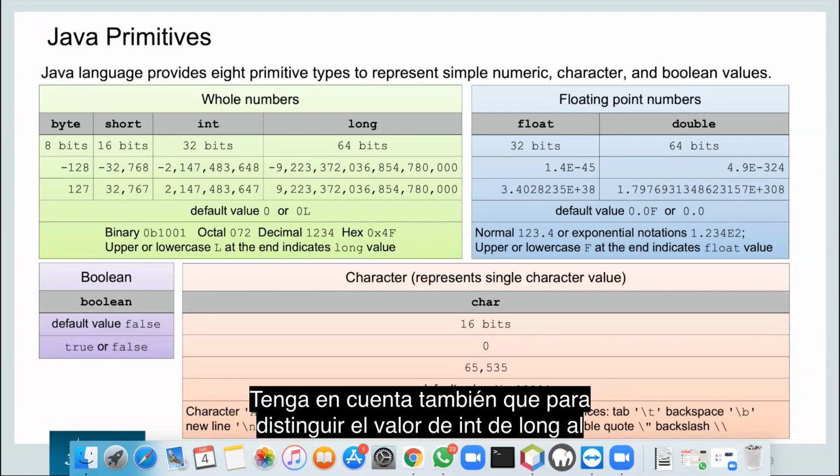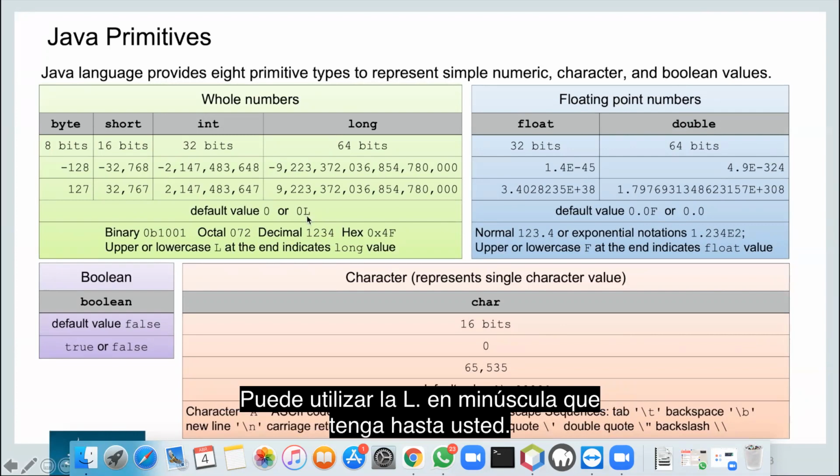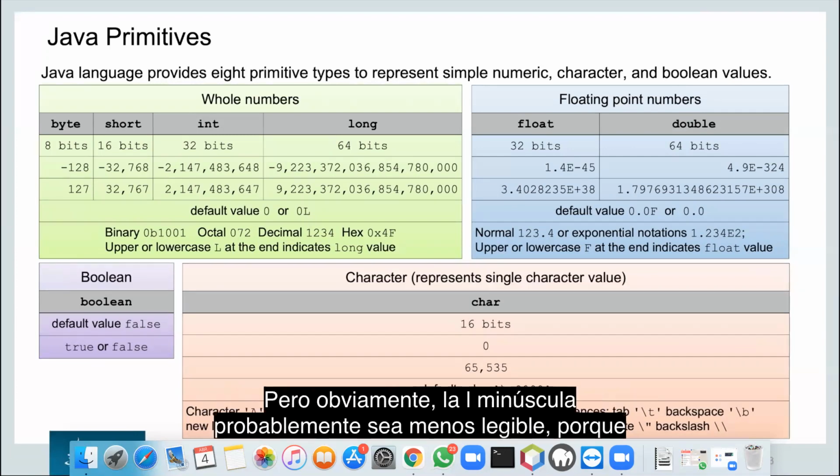Also note that to distinguish the value of int from long, on the end of the long number you add letter L. You can use lowercase l, uppercase L, that's up to you, but obviously lowercase l is probably less readable because it could be confused with one,